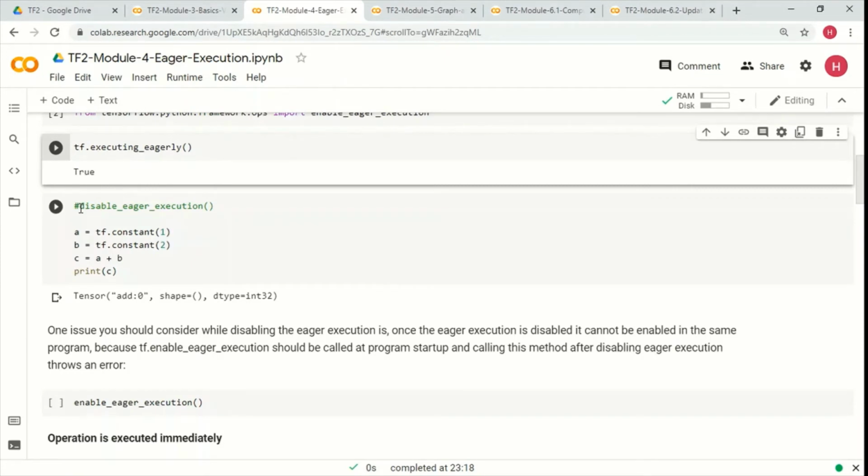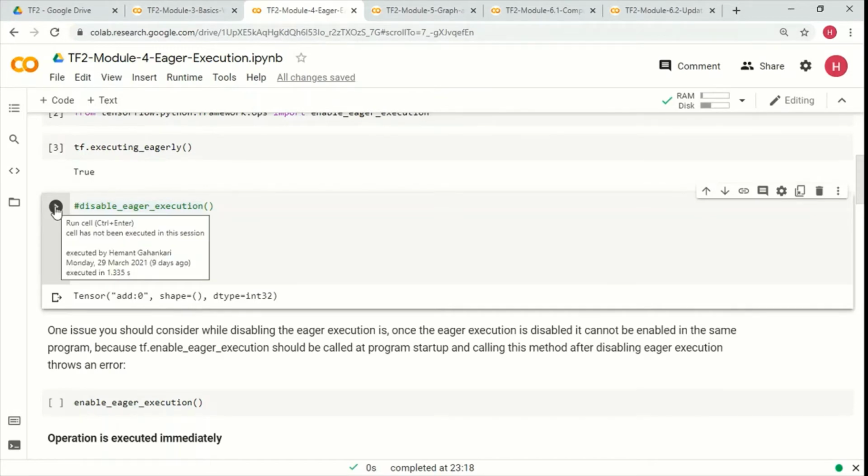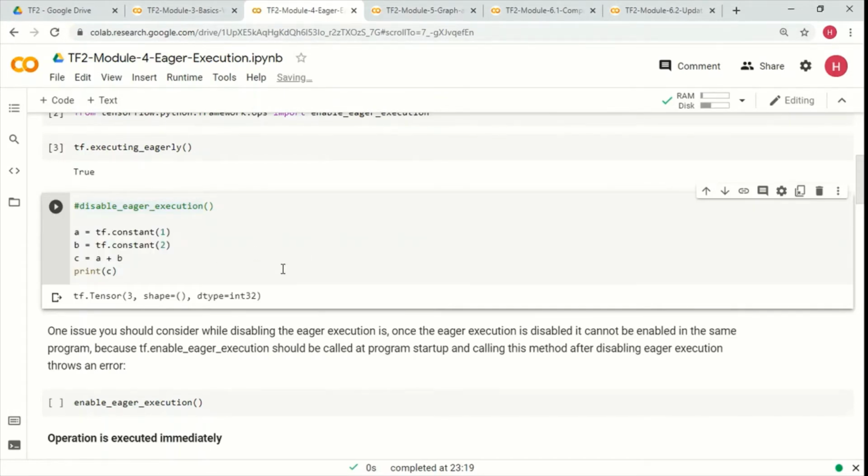Now we can actually disable eager execution. So first of all, in eager execution, let's see whether we get this result or not, right? So what we are doing here is we are creating a tensor A, tensor B. We are adding up these two tensors, and we are getting a tensor C, right? And then we are printing it. Now since we are in eager execution mode, each statement should execute and then we should get a value of C, right? That's the expectation. So let's see how it works, right?